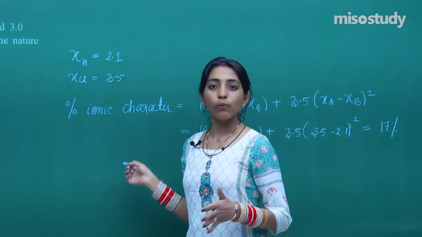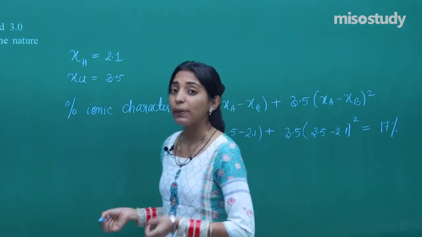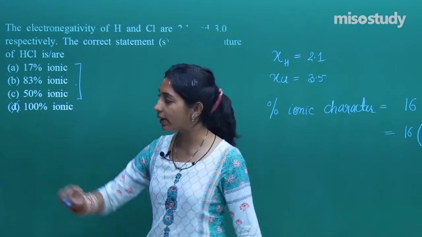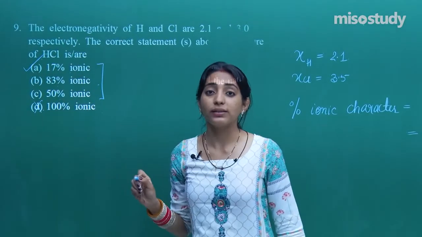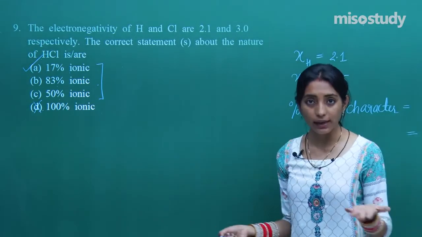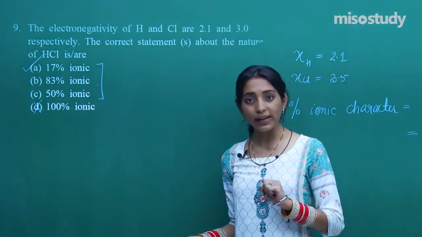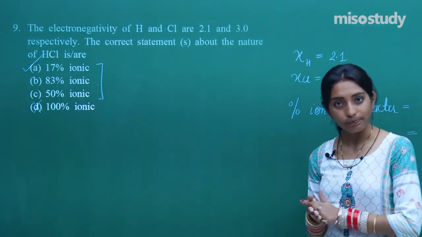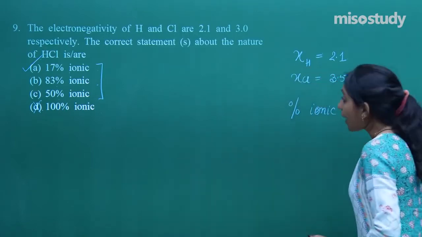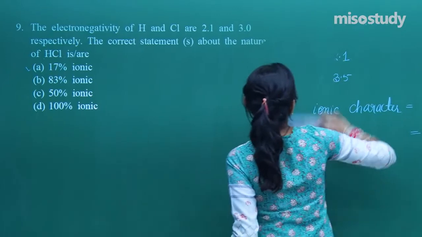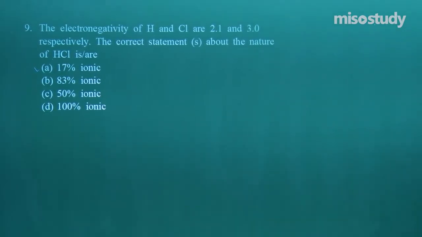Guys, my main aim was not to do the question on the board, but to show you that this percentage ionic character is really important and can be asked in JEE Advanced once again. It has already been asked and there are more chances that it can be asked in upcoming examinations also. Fine. So do remember this percentage ionic concept very nicely. Cool. Now having done the 9th question, we have to move to the 10th question, which is the last question of the session.